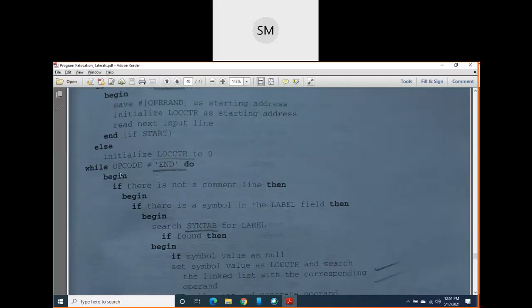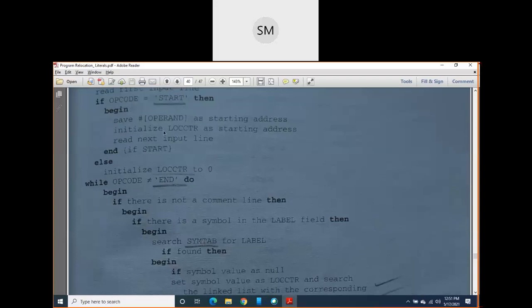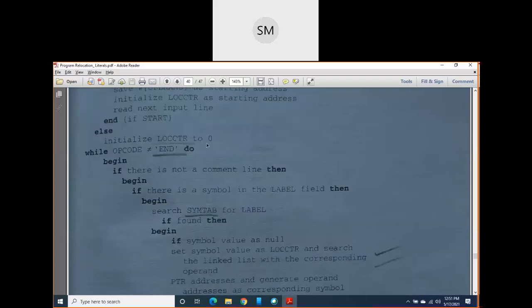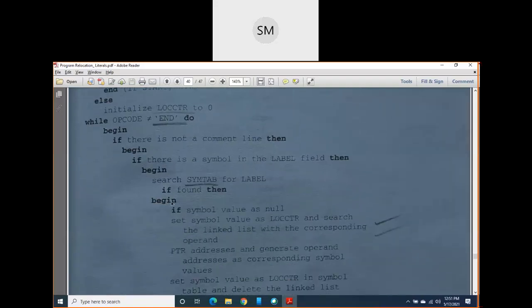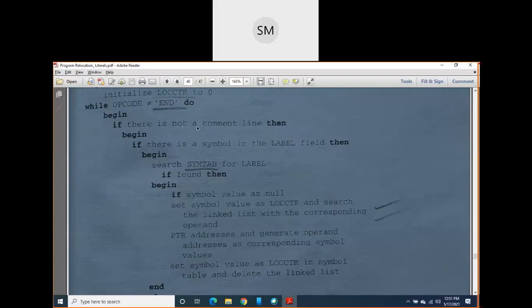Then else means, if opcode is not start, then initialize the location counter to 0. Then a while loop: opcode is not equal to end. It means you have not reached the end of the statement, because your program is in between start and end. So if it is not the end of your program, and if it is not a comment line also, then if there is a symbol in the label field, you have to search that label or symbol in the symbol table.